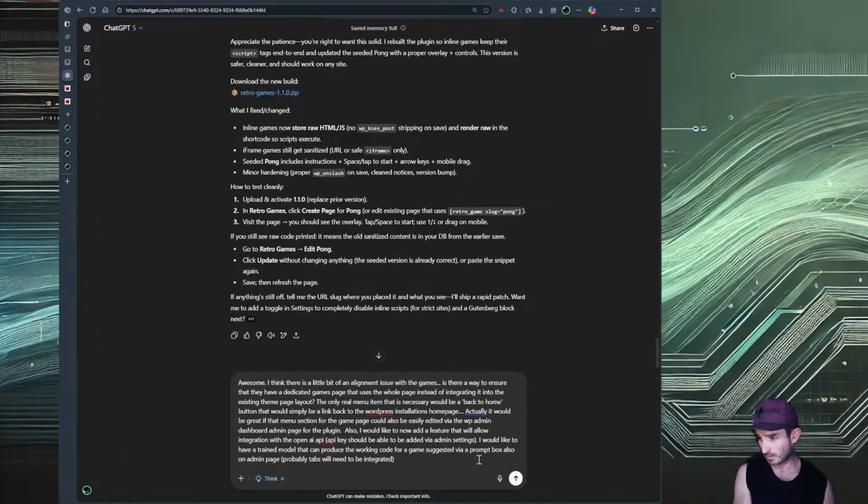There's a via prompt also on the admin page. This way it will help bridge the gap for users that are not proficient in writing raw code.